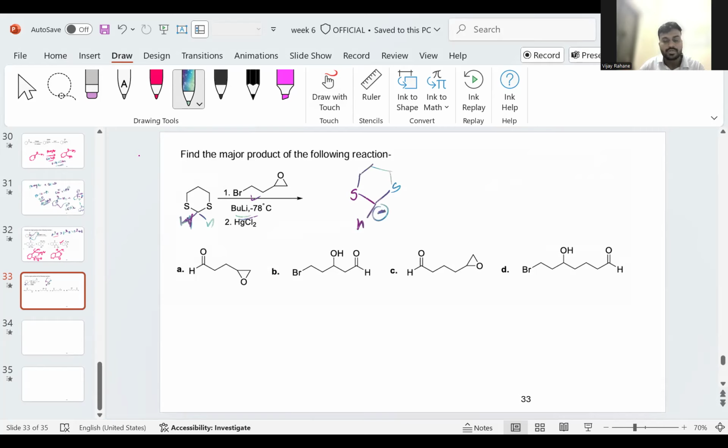That is the reversal of polarity, if you have heard this word. So once this negative charge is formed at this position, it attacks on this bromo, whether it is this position, and